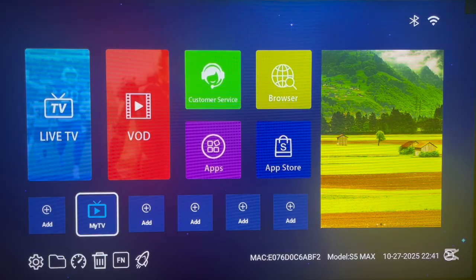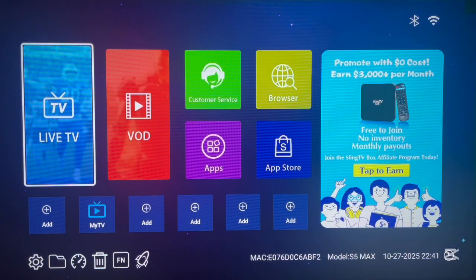on your Android TV. This is the simplest way to do it,